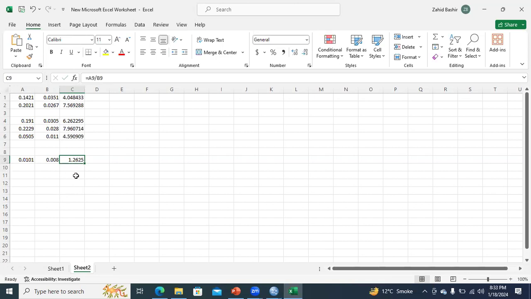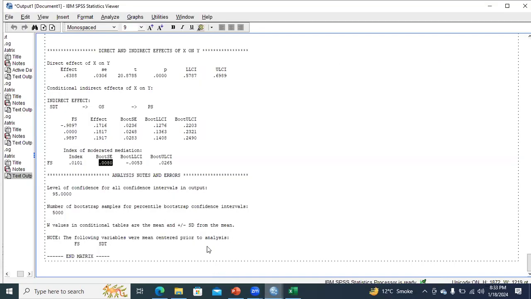Your t value should be greater than 1.96, so it is less than that. You can conclude it is weakly significant, or not significant at all. So here we can conclude that moderated mediation is not significant over here, while the indirect effect, if we can see